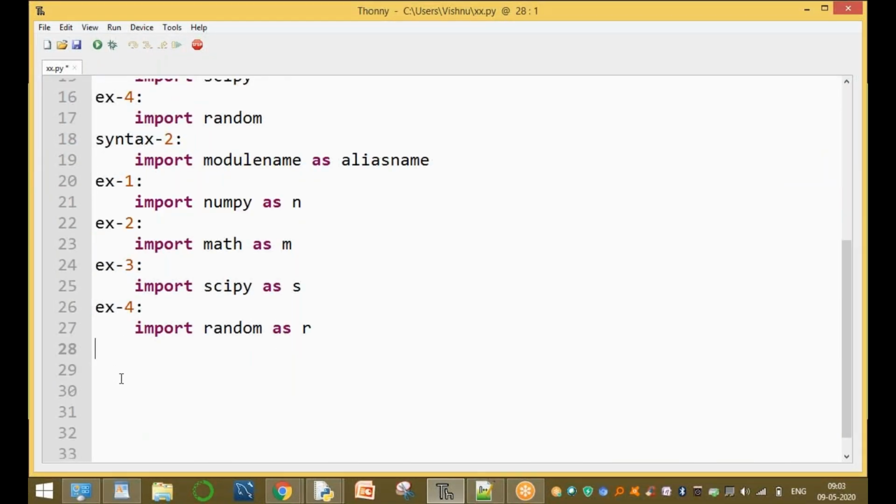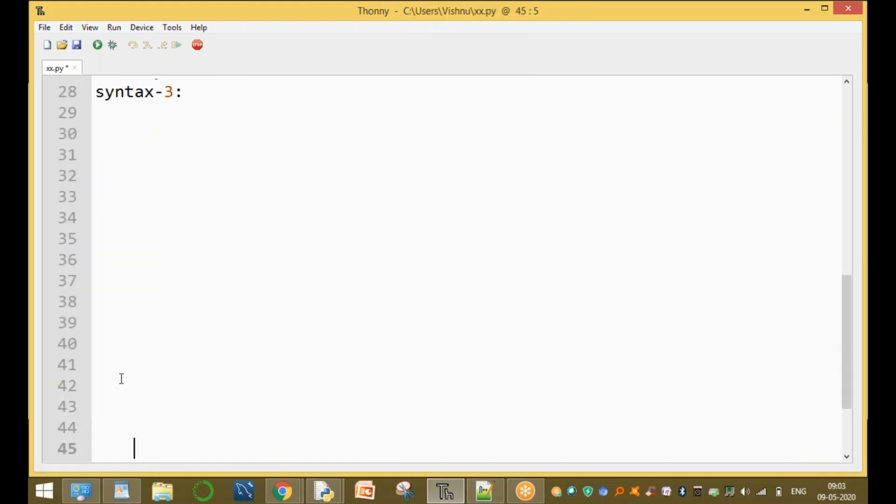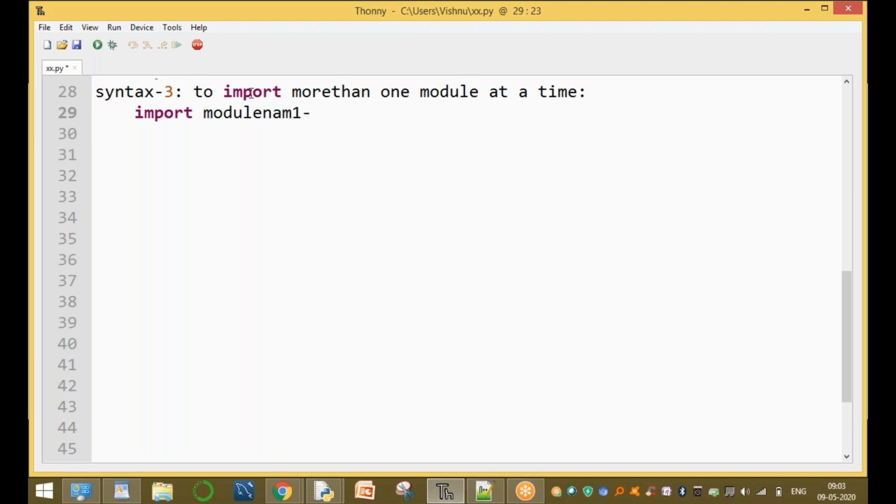And the third syntax: we are importing more than one module. Syntax 3 is used to import more than one module at a time. The syntax is import module name 1, module name 2, module name 3, and so on, any number of modules.